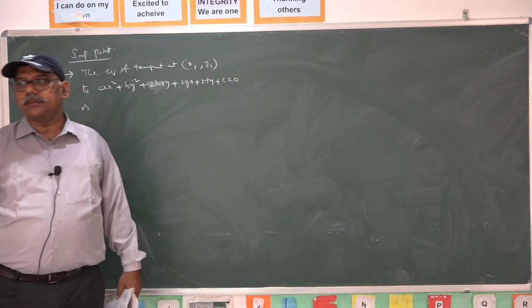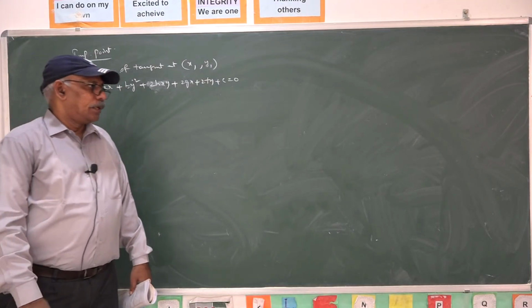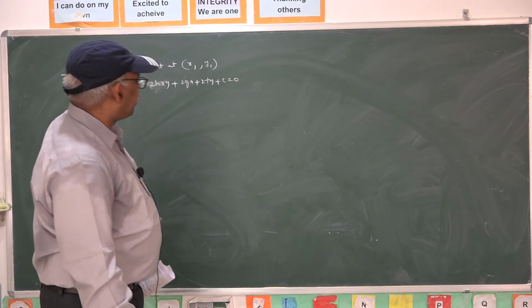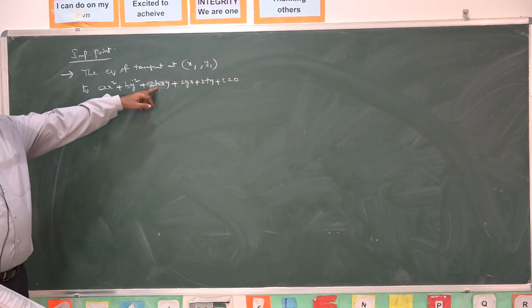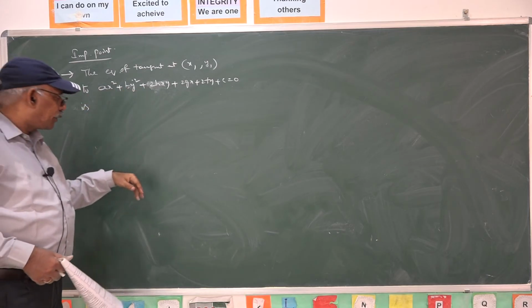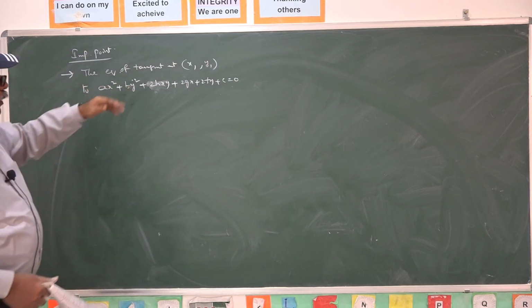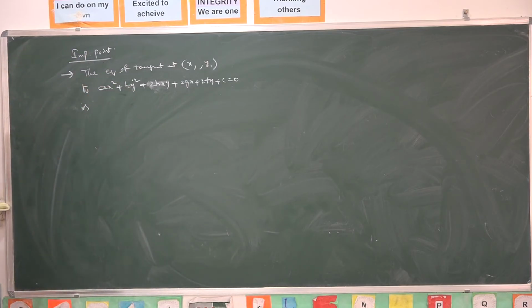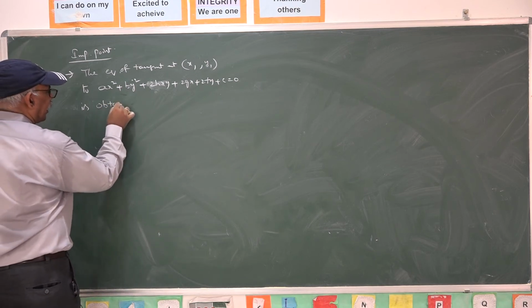Every second degree curve in two-dimensional geometry represents a conic, either a general conic or a degenerate conic. So once h is 0 and a equal to b, it gives us a circle. Once it represents a conic, for that conic the equation of tangent at x1 y1 is obtained